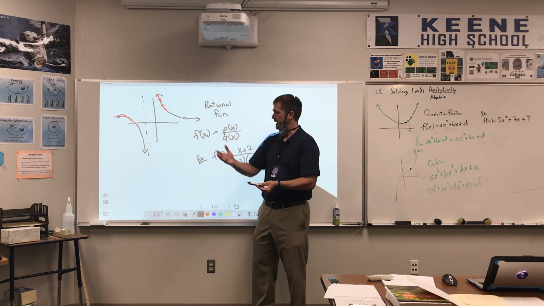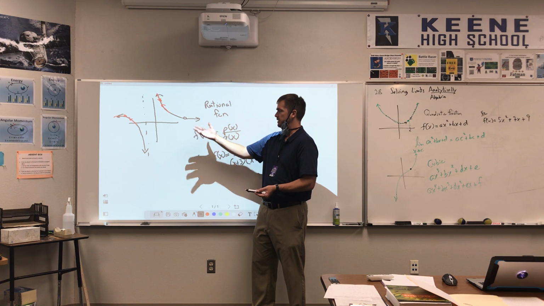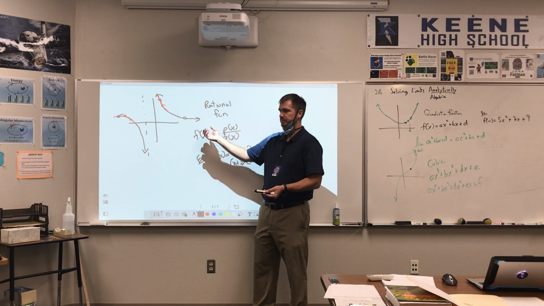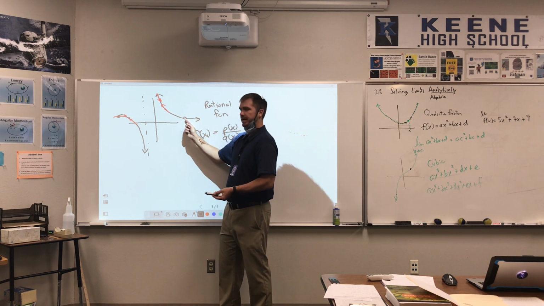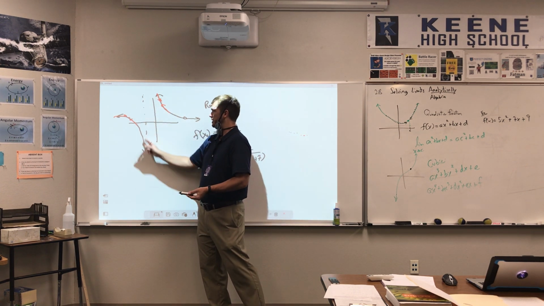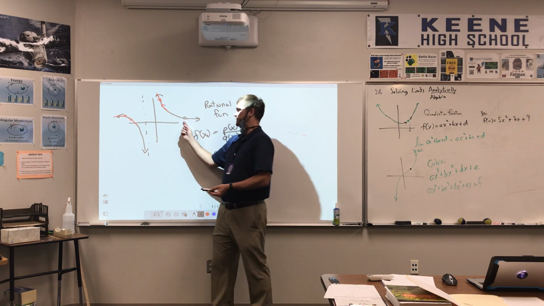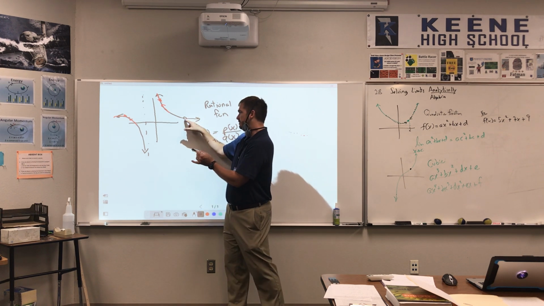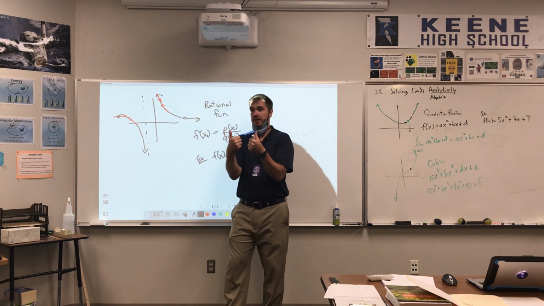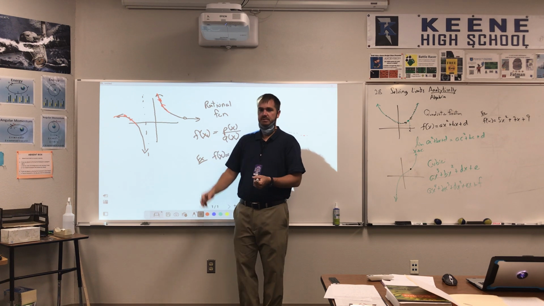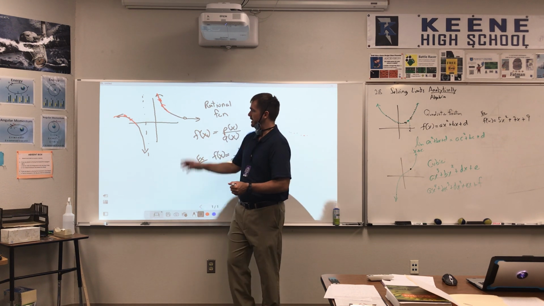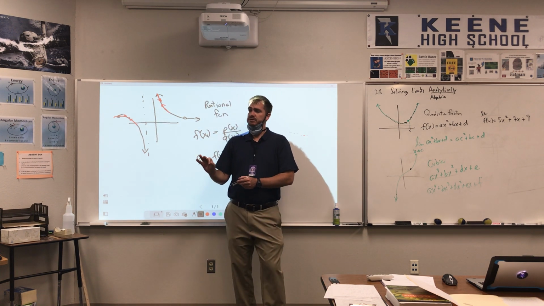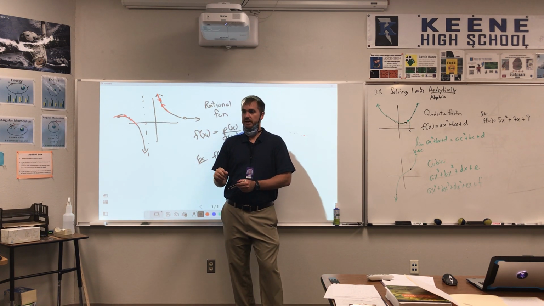See what I'm saying? But there's a couple of spots on the rational functions where it doesn't really behave very well. And I kind of made those indications on this one. What is one of those spots that it doesn't behave very well? The gap? Oh, the asymptote. Yeah, the asymptote, and also that hole. Okay? So as long as you're not trying to find the limit of that spot or of this spot, you're good to do just direct substitution. If you have a gap or if you have an asymptote, then you're going to have to use advanced algebraic techniques,